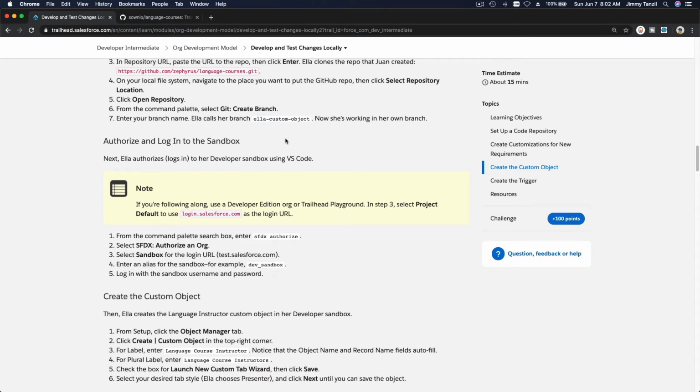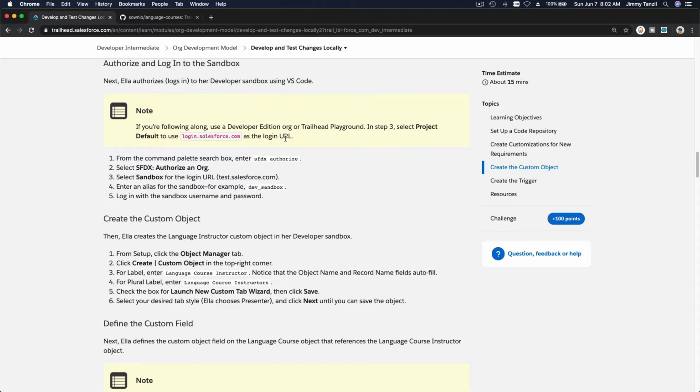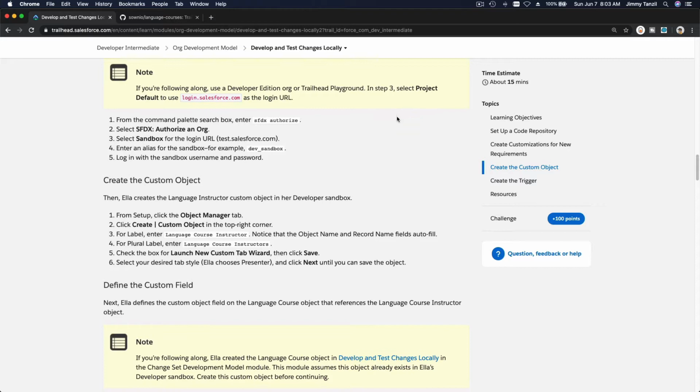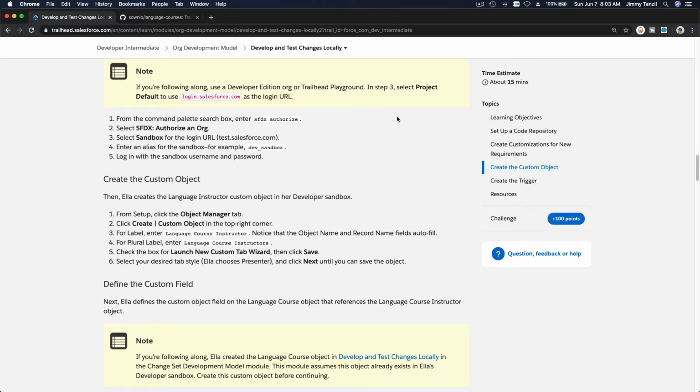Now authorize and log in to the sandbox. Next, Ella authorizes and logs in to her developer sandbox using VS Code. If you're following along, use a developer edition or Trailhead playground. In step 3, select project default to use login.salesforce.com as the login URL. So to do that, let us